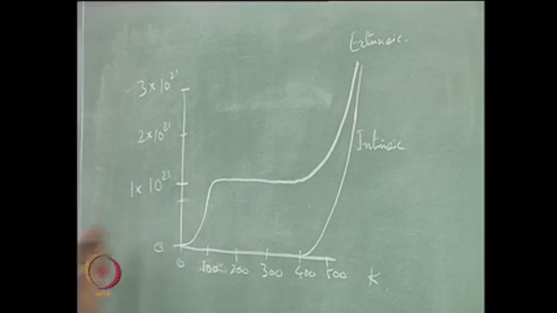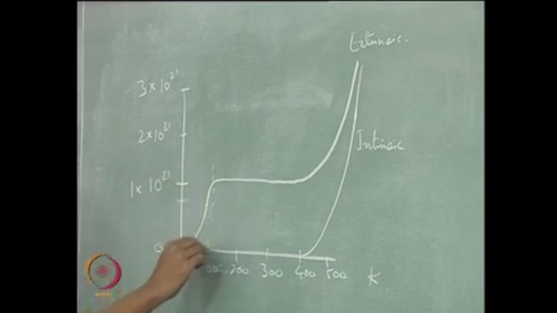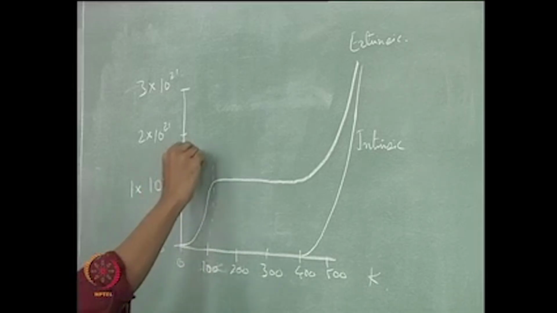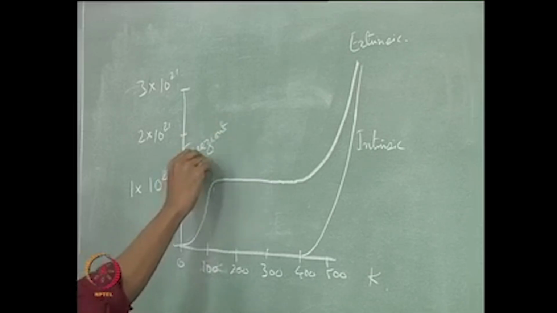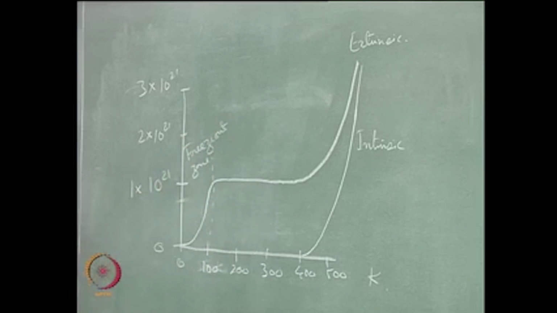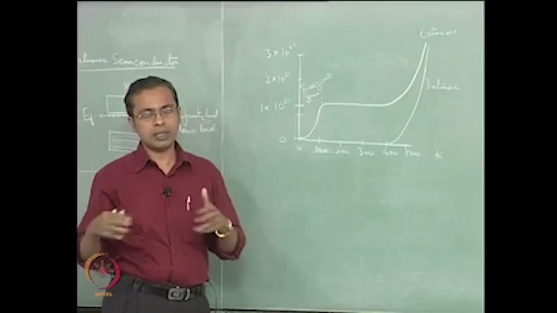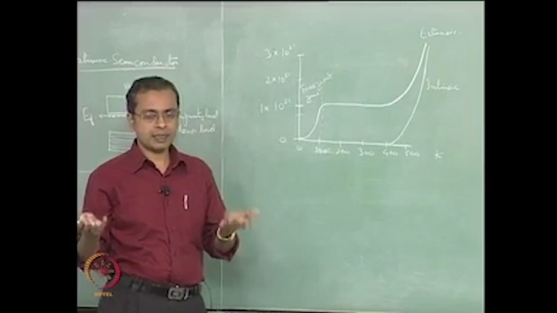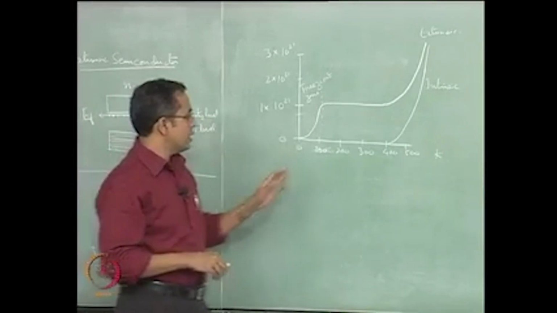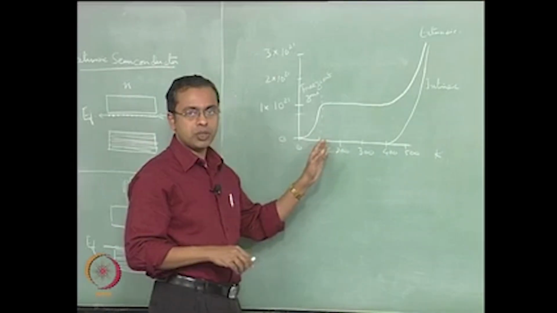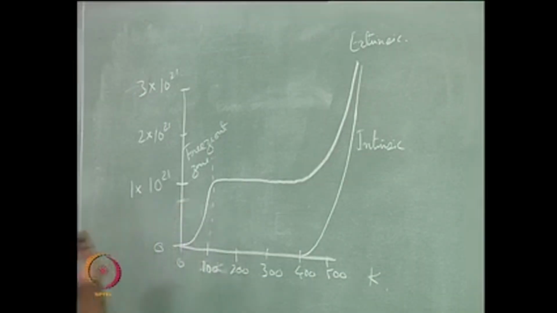The point is this, for an extrinsic semiconductor, initially there is a region at very low temperatures which is called a freeze out zone, where the energy is simply too low for any electronic transitions to occur, and so therefore the electrons remain frozen, they do not get into the conduction band nor do they get into the acceptor levels, nothing happens, everything looks frozen. Then once you cross a certain threshold, there is enough energy for the extrinsic dopant levels to